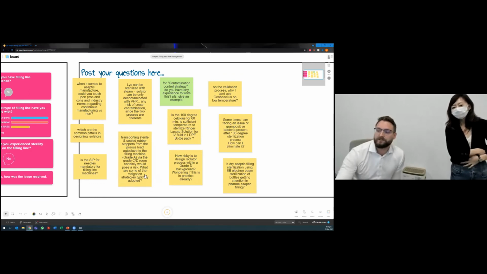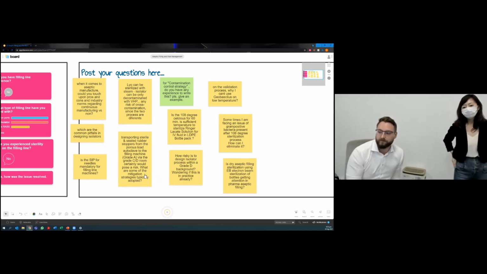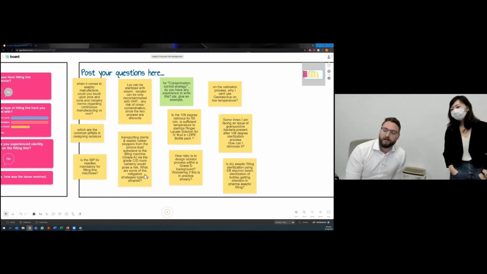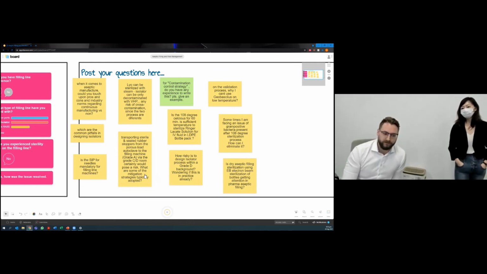So for this one, transporting sterile and sealed rubber stoppers from the porous load autoclave to the filling machine via a grade C/D room certainly would pose a risk. What are some mitigation strategies typically adopted? A few questions would be: what type of filling machine are we dealing with? How do you add these stoppers to the machine? Is this an RTP transfer or more of an open door transfer, like dumping a bag out? There's lots of strategies to transfer